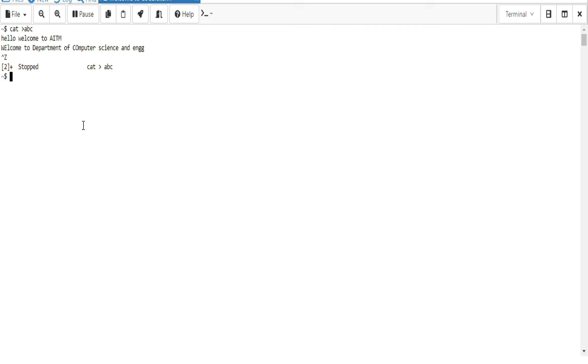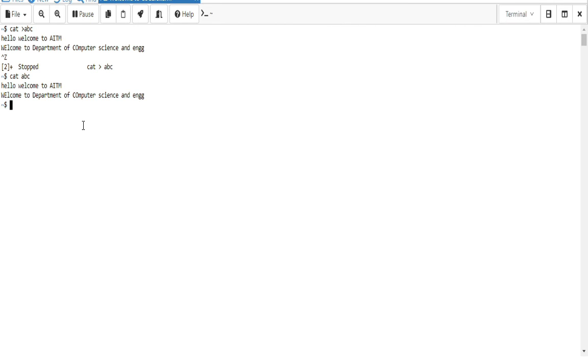Here I have created one file with the name abc, and in that file you have entered some data saying hello, welcome to AITM, welcome to the Department of Computer Science and Engineering. Now to display, just say cat abc. Whatever you have written in that file will be displayed there.